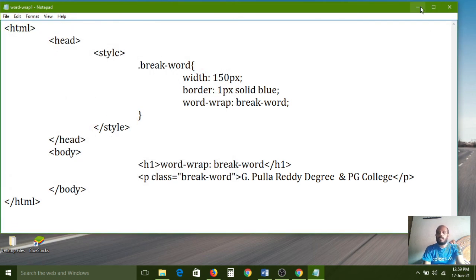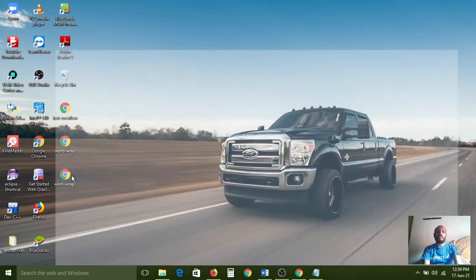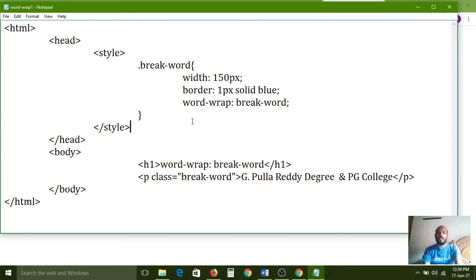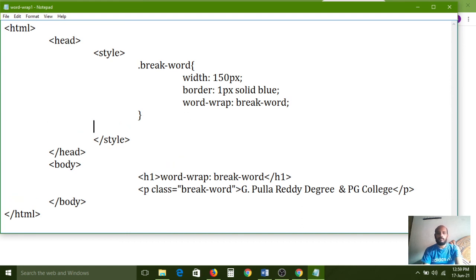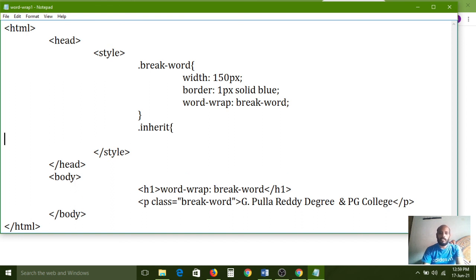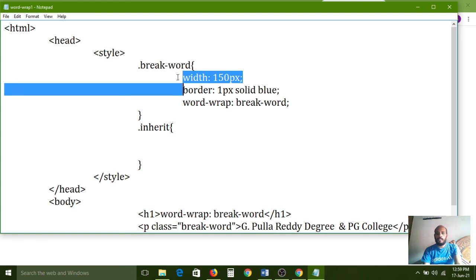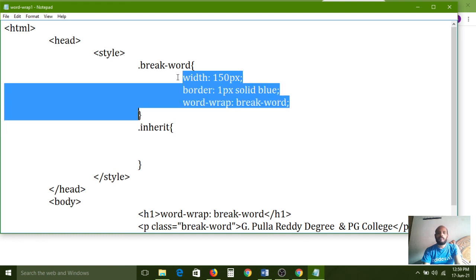Now I am minimizing this one. Now I am executing. Yeah, it is working fine, and we have to see the inheritance concept right now. Dot inherit opening and closing. Now I am copying these 3 properties.